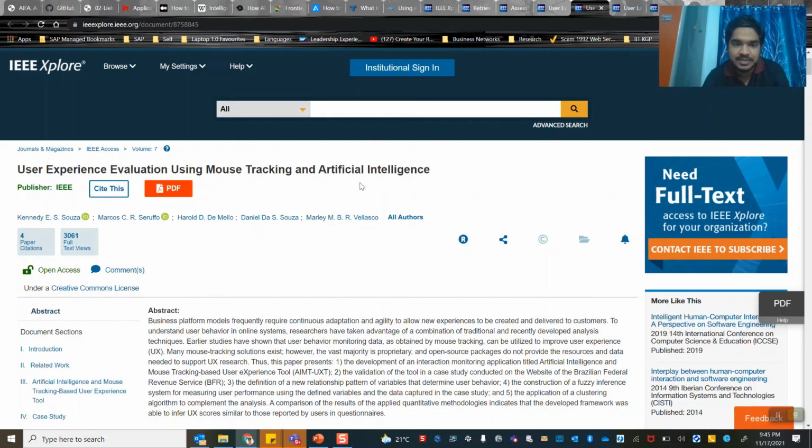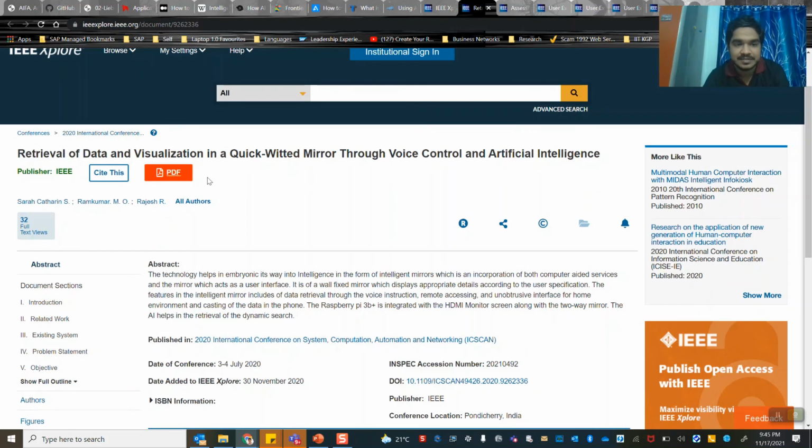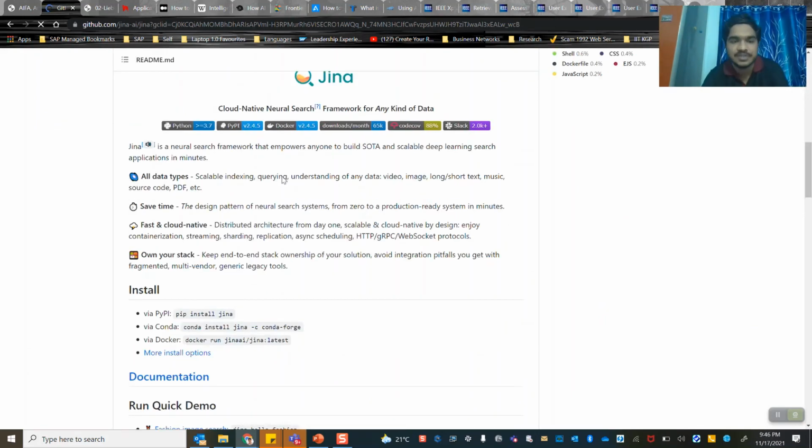We explored some literature reviews as mentioned. So there was one on user experience evaluation using mouse tracking and artificial intelligence. We also saw during the literature review a mention of retrieval of data and visualization in a quick-witted mirror through voice control and artificial intelligence. So these are the two papers that were explored. And at the same time, for developing search applications in our user interfaces,